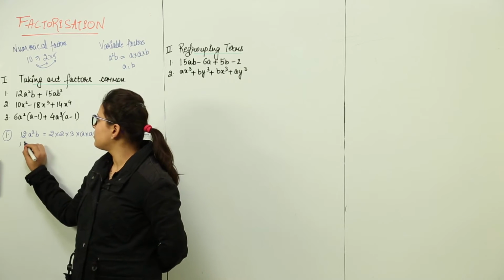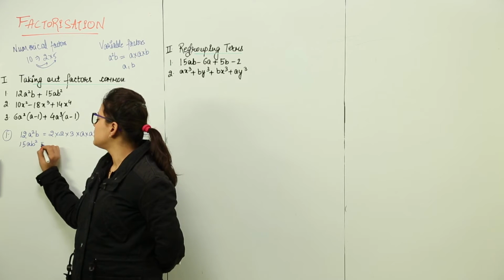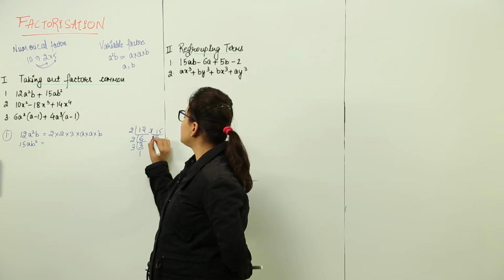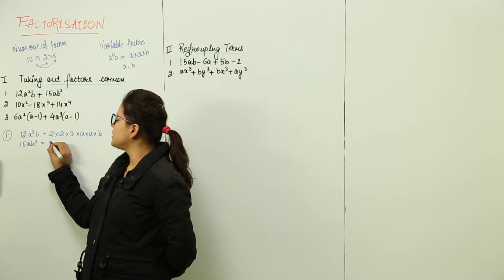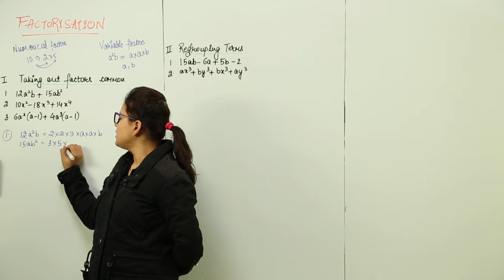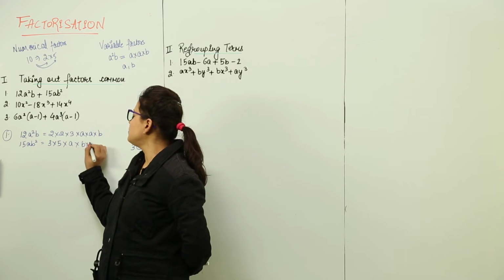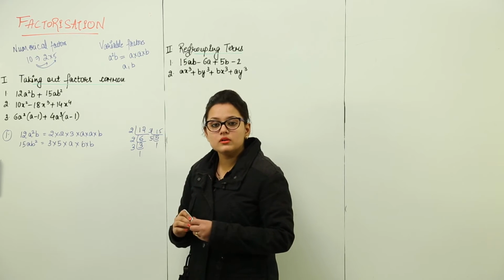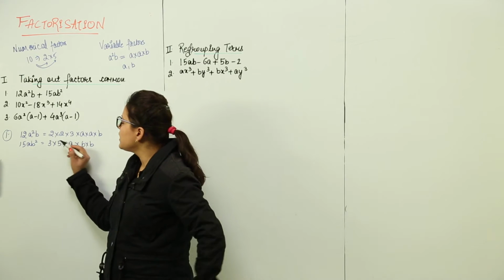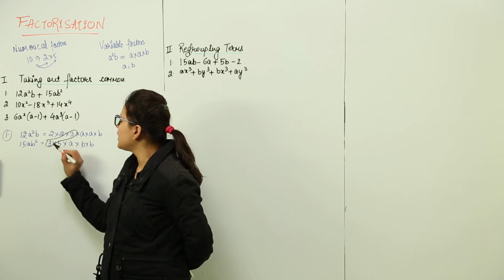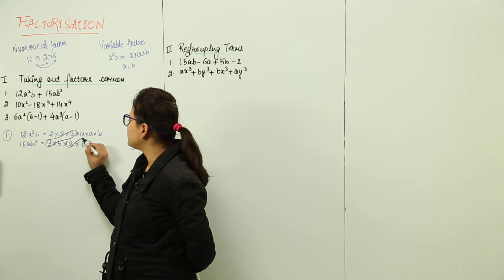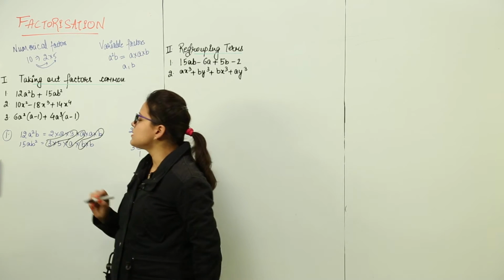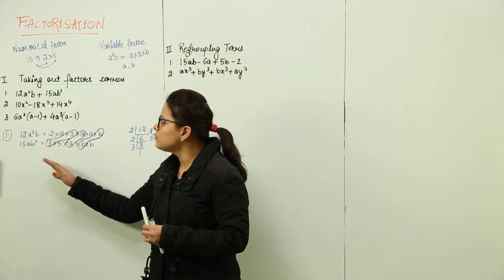We'll write the next term now, 15ab square. Now we will take out the factors for 15 as well. That will be 3 fives are 15 and 5 ones are 5. So it comes out to be 3 into 5 into a into b into b. Now can we check whether both the terms have anything common in them? Yes, we can check. They have 3 common, and what else? a is also common. There is one b also common to them. Whatever comes out to be the common part, we keep it out separately.